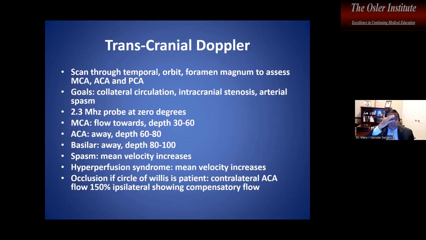You scan through the temporal, orbital, and foramen magnum windows to assess the MCA, ACA, and PCA, right? The goal is to look at collateral circulation, intracranial stenosis, and arterial spasm. It's all been changed with CTAs, right? But again, it's something that has been used in the past, and sometimes that question